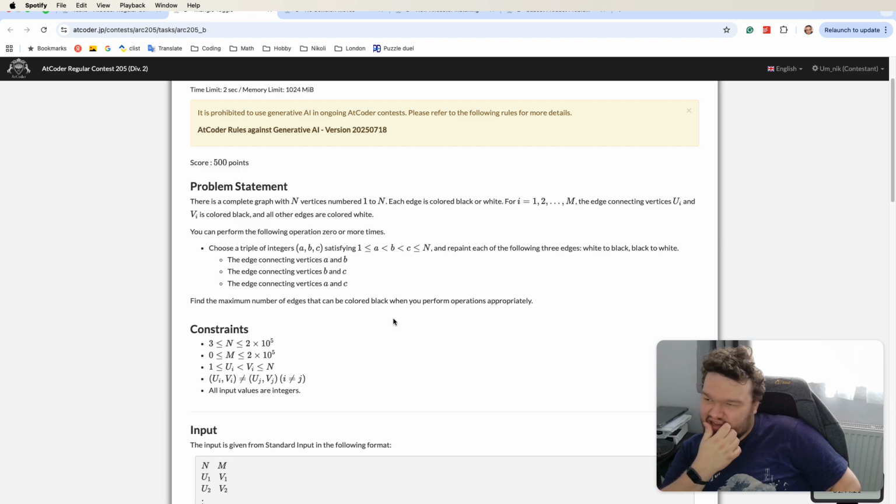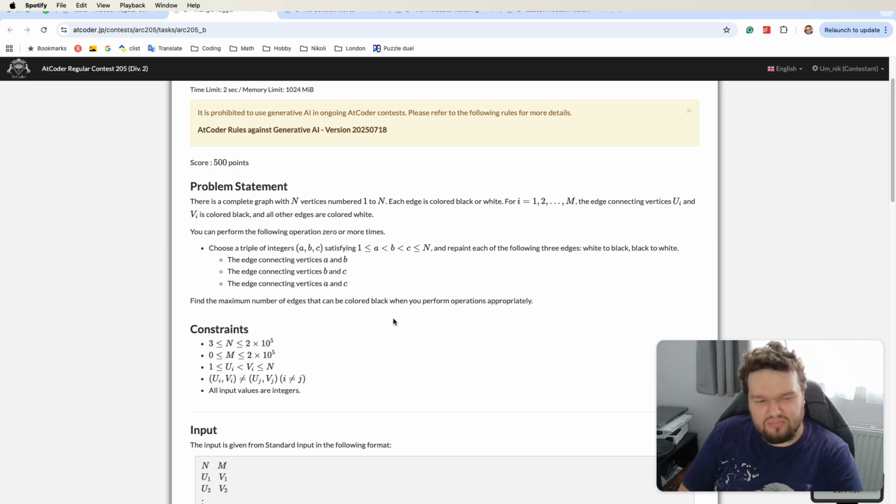So I can make every edge black except all edges that are adjacent to vertex 1. I can make them black just by taking that edge if it's white, taking the endpoints of that edge and vertex 1, and flipping that triangle. I will fix all the edges except the ones connected to vertex 1 because I used it to fix everything. So now I have some number of